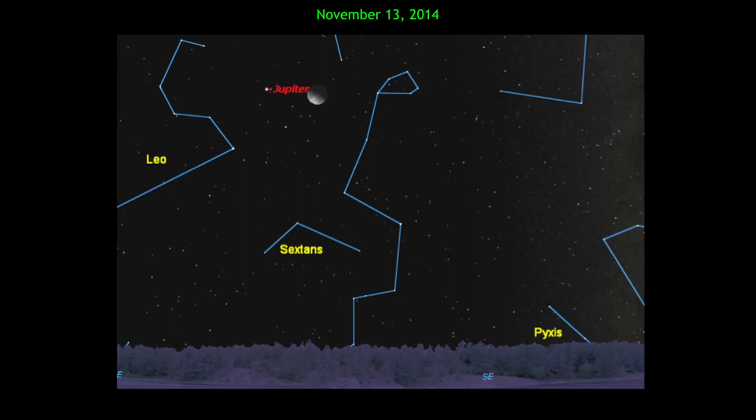The only pretty well Kodak moment we're having is on the 13th of November, early in the morning, pretty well all night long, because Jupiter now rises about 10 p.m. We have the nice third quarter moon, Jupiter, and the bright star of Leo itself. Pretty well the only planet that's out there now. Venus is slowly coming out of the sun into the western sky. Watch over the next few weeks, and don't look at the sun, but if you see something bright on the horizon, that will be Venus. Saturn is sinking into the sun, so we pretty well lost the planets. Mars is pretty well gone too.